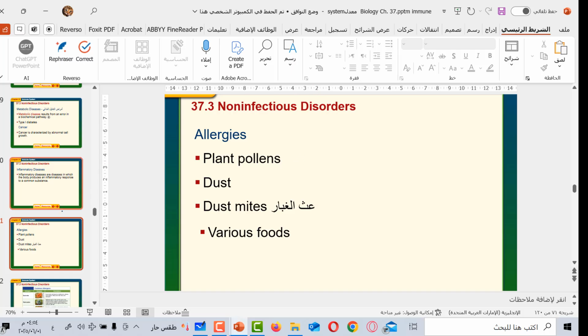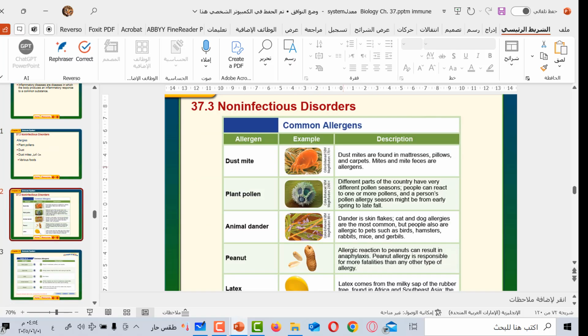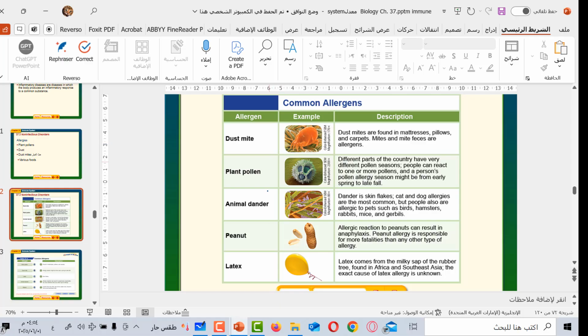أوكي، ممكن يكون الشخص عنده تحسس من أي حاجة من هذه الأشياء. أشهر وأكثر مادة تحدث تحسس هي البيناتس، مش أي واحدة من دول. طيب أنا جبت لكم الصورة دي عشان تاخدوا بالكم منها، وفي صورة تانية